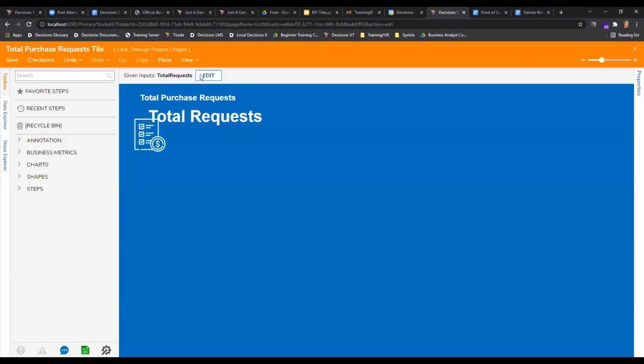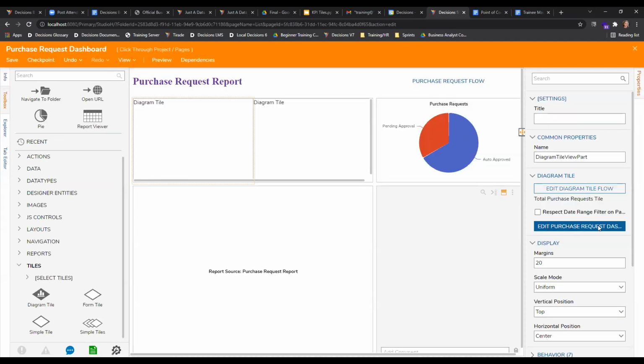So because we told it, hey, there's a variable here in the given inputs that you should expect to have, it said, okay, well, here's your flow so that you can tell me what that variable should be. So I'm going to go ahead and edit that input flow in the diagram tile section,